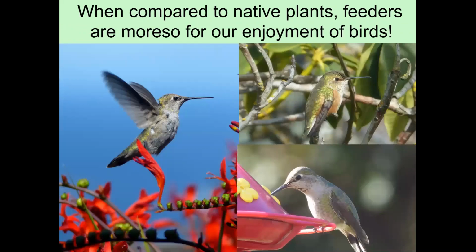So when compared to native plants, feeders are more so for our enjoyment of the birds. So I think this is important. And I think the salmonella outbreak helped to reiterate that. The birds are adaptive. It's not like domesticated pets. They can take care of themselves. So it's nice to know that you can go on vacation, you can do something, the birds will be